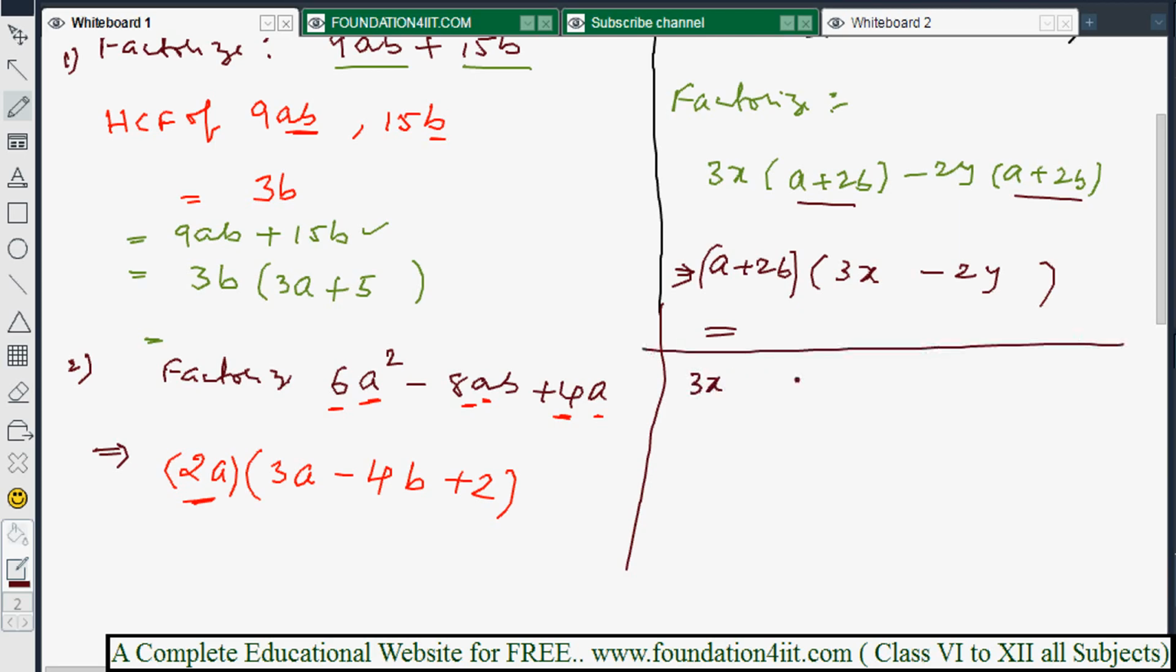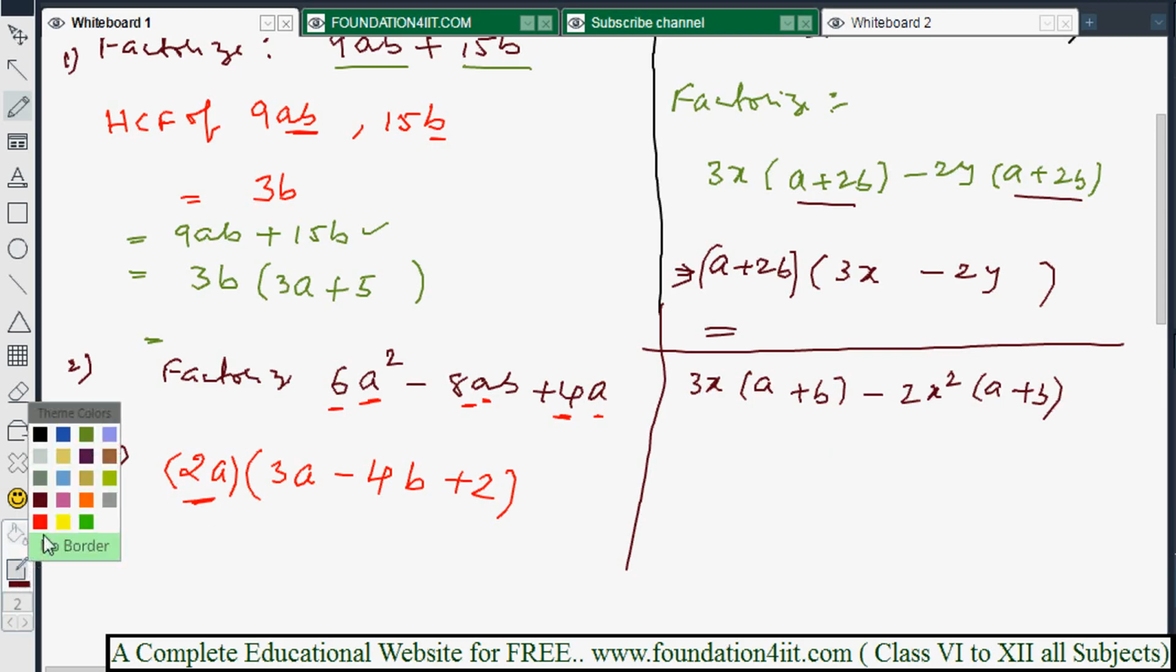So find out the factorization. 3x(a plus b) minus 2x square(a plus b). So in the bracket, anything common is there that you can take directly. That is, if you factorize a plus b,